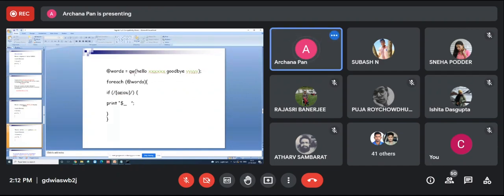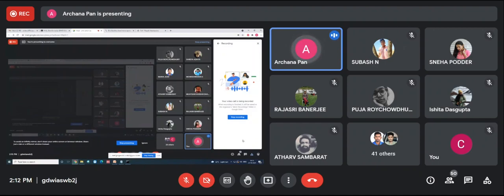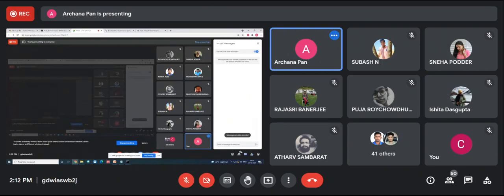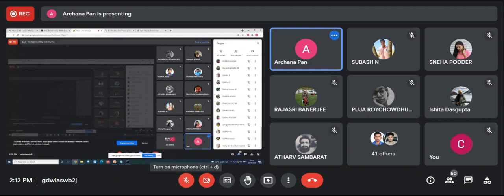Now see, we have one array. It has these elements. Computational biology student Shubhas, did you understand?